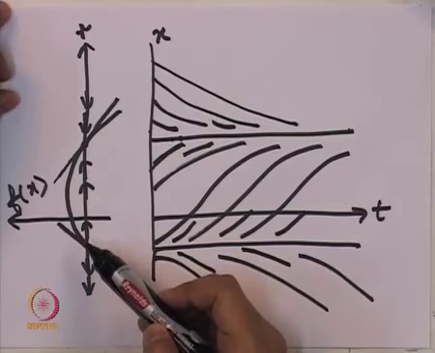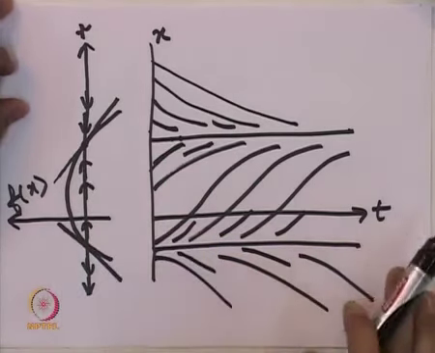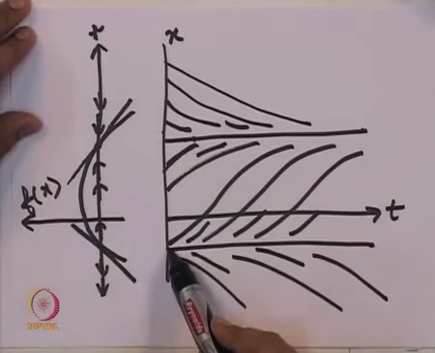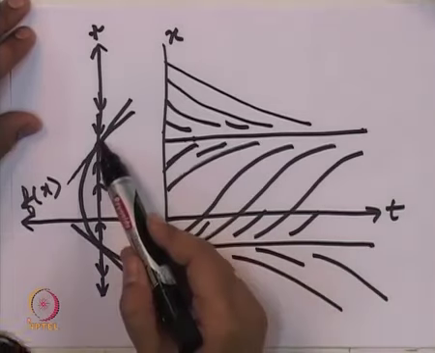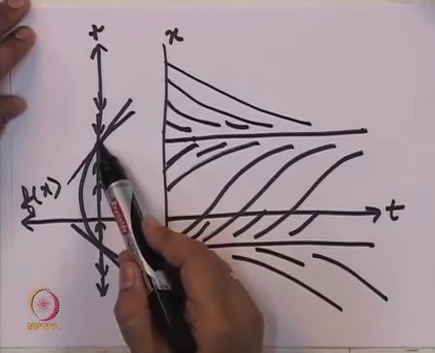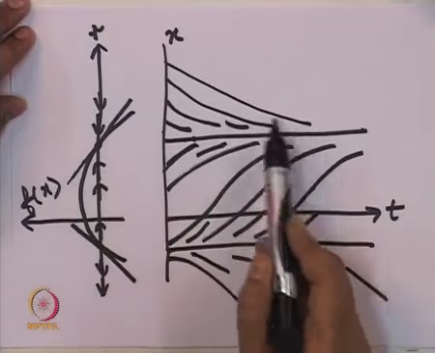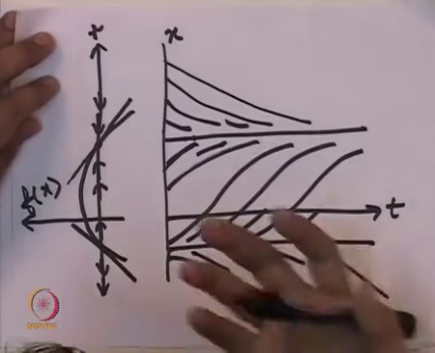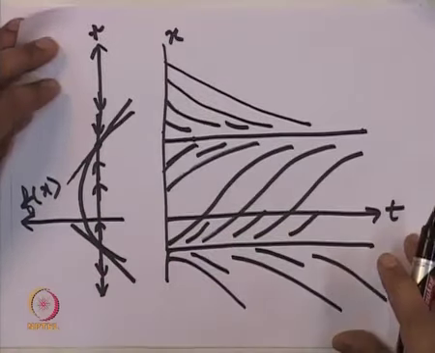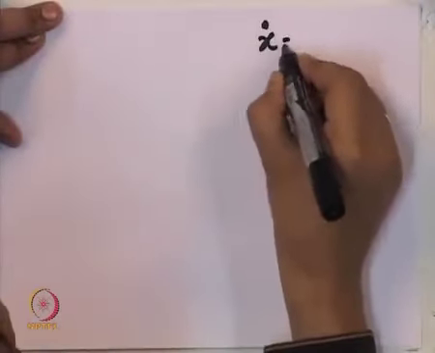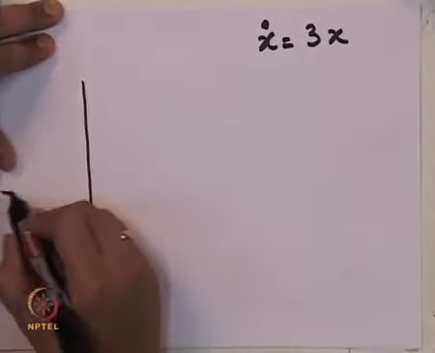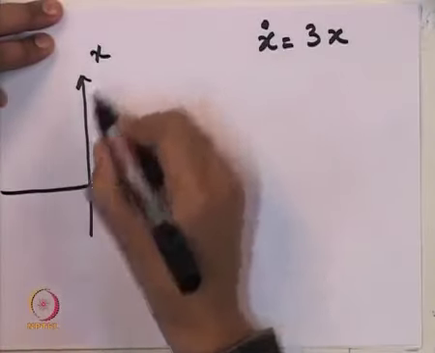Tangent drawn at which point on the curve? Tangent drawn at the equilibrium point. Because this tangent has positive slope, for this particular equilibrium point trajectories are going away from it. Because this tangent has negative slope, we will see that these trajectories are coming close by. The tangent is going to decide whether the equilibrium points are stable or unstable. This we will see from studying the corresponding linear system. So, consider the example x dot is equal to 3x. So, here the line 3x versus x.